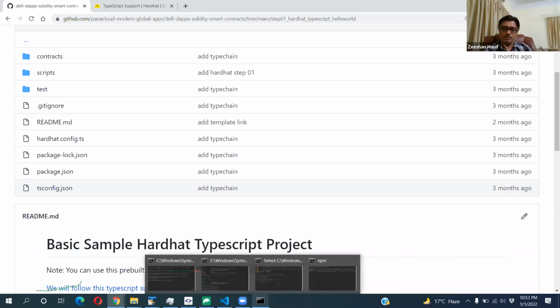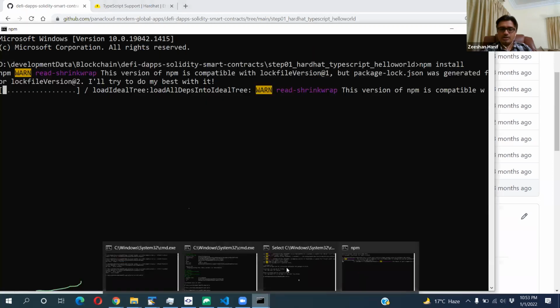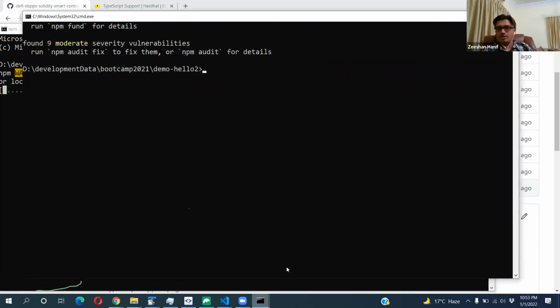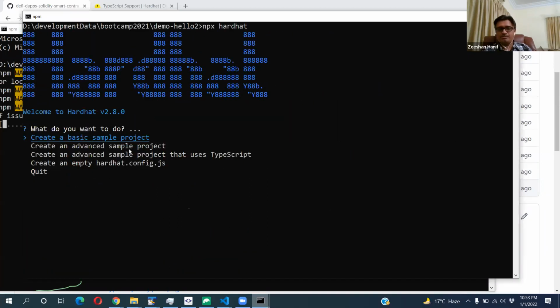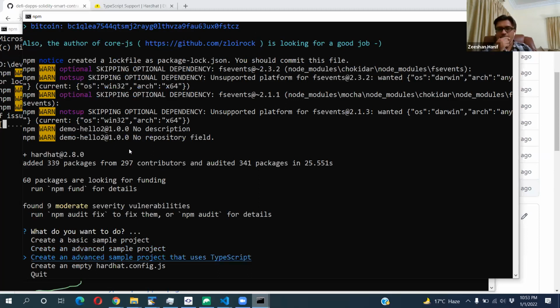Another one is you can come to Hardhat, create your application and everything, and then you call npx hardhat, and it will ask for the basic example, pick the TypeScript one. If you pick the TypeScript one, it will set up the structure with the TypeScript configuration, and it will have a more detailed configuration. It has more details, but there will be a few things related to linting and everything which might confuse you.